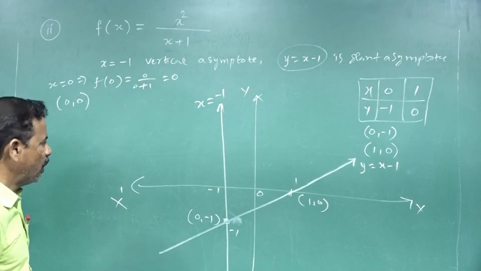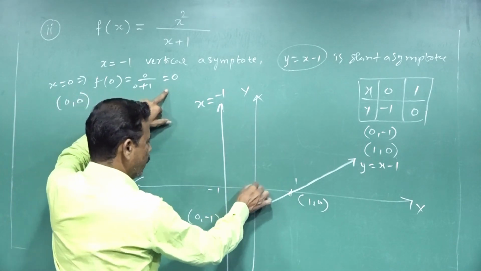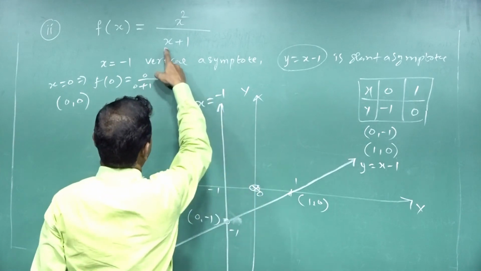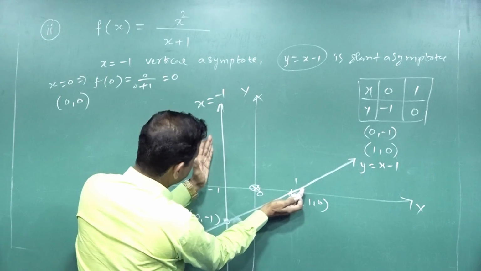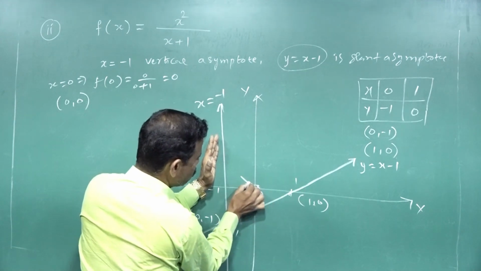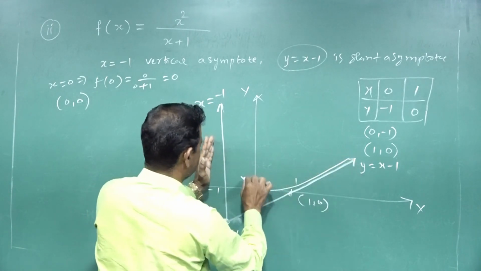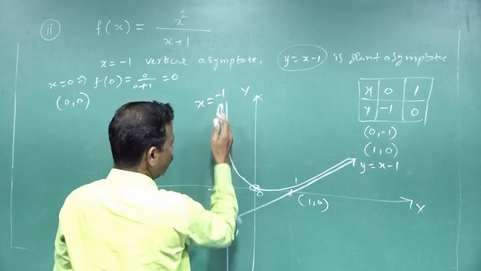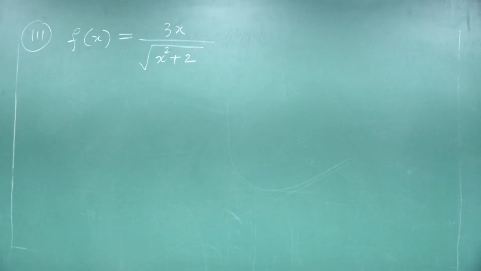Okay. Now that graph passes through the origin. This is the one point. This function or curve passes through the origin, and from this it goes near to the asymptote. This asymptote goes up to infinity, this side infinity, this side infinity. And at the same time, this is also